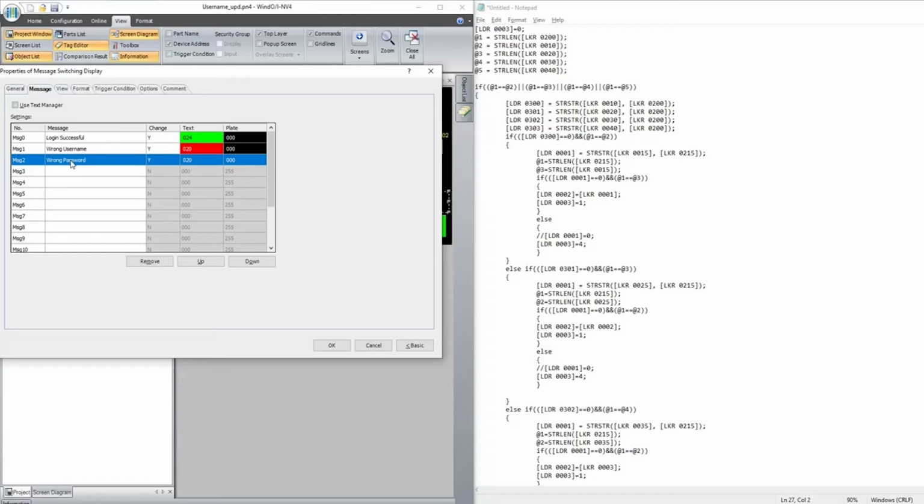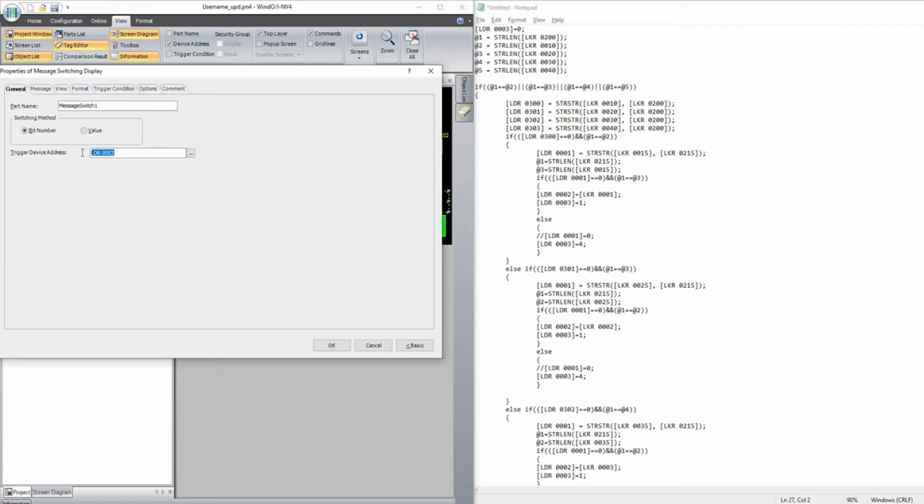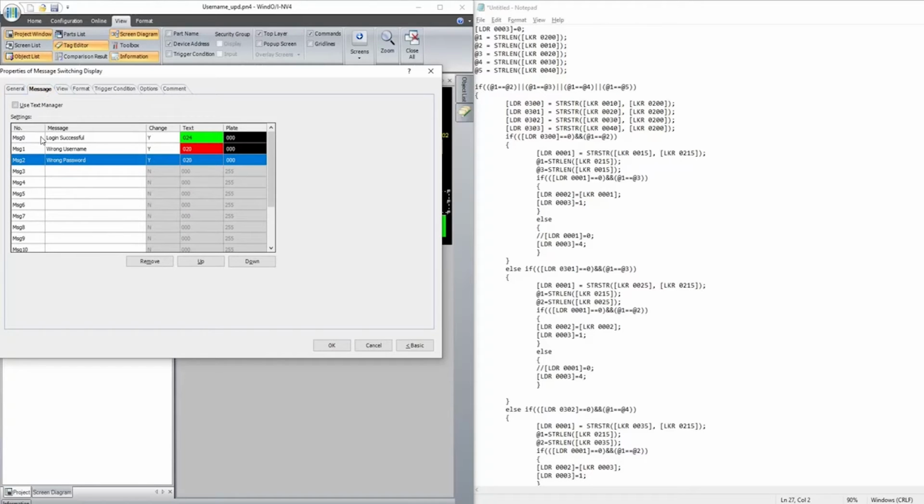So basically what is happening here, in LDR we are passing BCD values, that means 1, 2, 4, 8, 16, 32, and so it goes on. Whenever there's a value of 1 in LDR3, the message login successful is displayed. If it is 2, then wrong username. 4, that's wrong password.